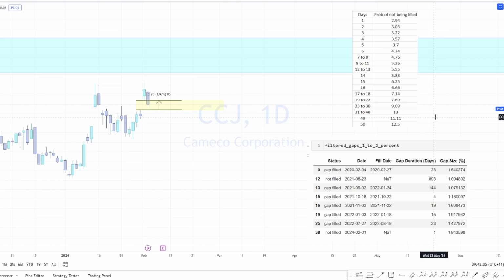But it's pretty intuitive, right? That the longer a gap stays open, the less chance there is that it gets filled. But look, the point remains that every single gap, except for this one back in 2021, that has been between 1 and 2% in Cameco since the start of 2020 has been filled. And they're the days that stayed open. So there was one here that took 144 days to fill. This one, it looks like it's going to get filled